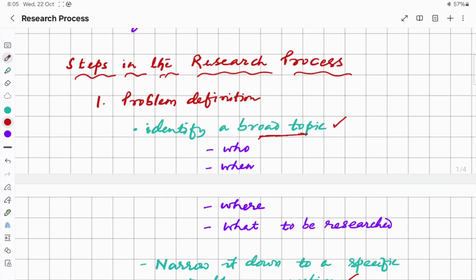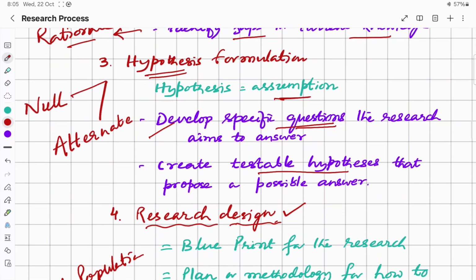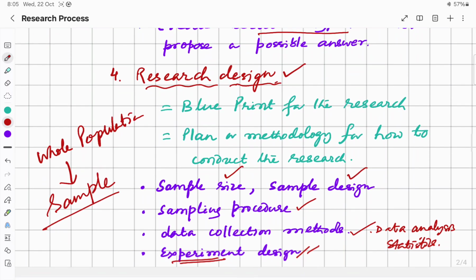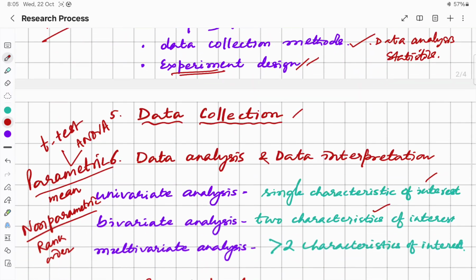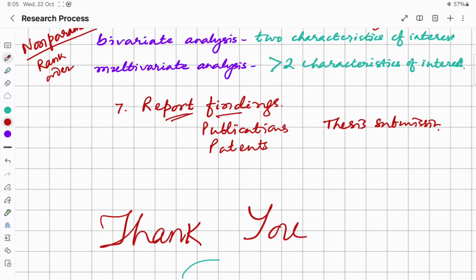First step is problem definition, second step is the literature review, third step is the hypothesis formulation, fourth step is the research design, fifth step is the data collection, sixth step is the data analysis and data interpretation, and finally